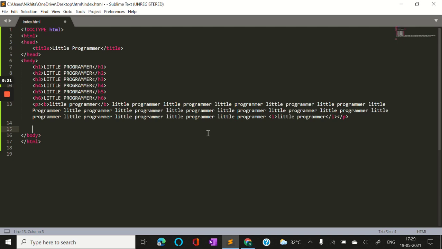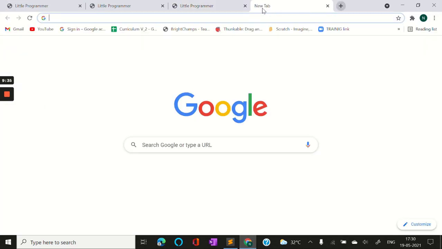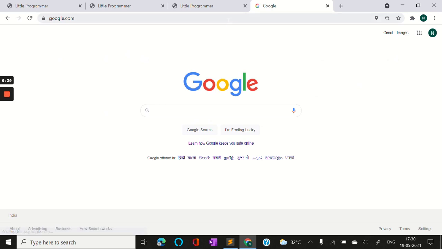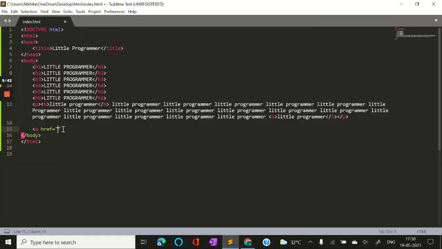What you need to use is the anchor tag, with href equals, and whatever thing you want to link. For example, I would like to give my Google page link, so google.com, and just copy this and go to your Sublime Text and paste that. All right, and close that, and here you can write